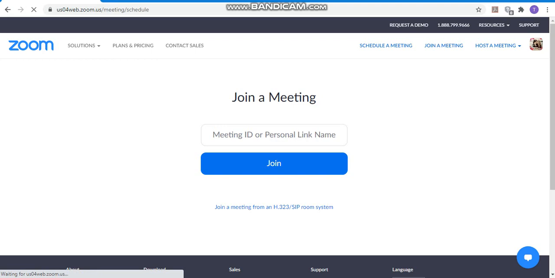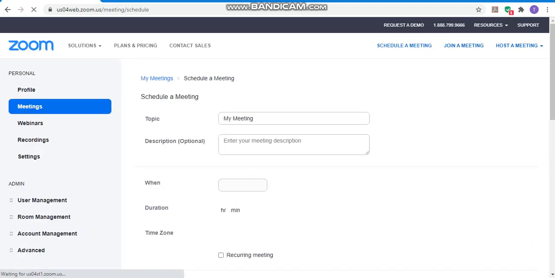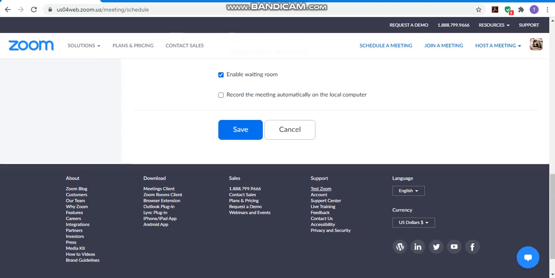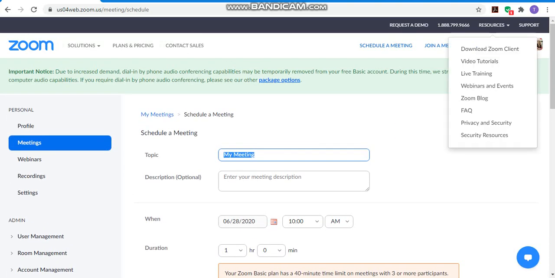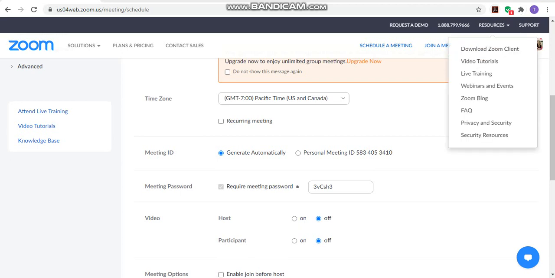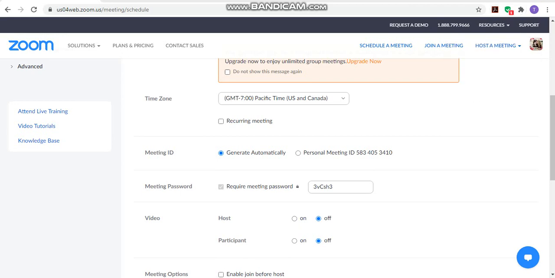Here you may schedule a meeting, like you have to fill and select these options. So I have already installed and downloaded app about Zoom. This is the website interface. This is not interface of the app. I am going to show you the interface of Zoom app on